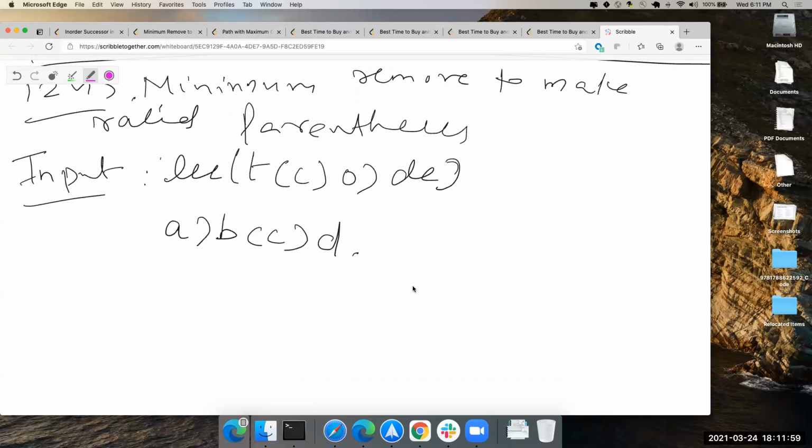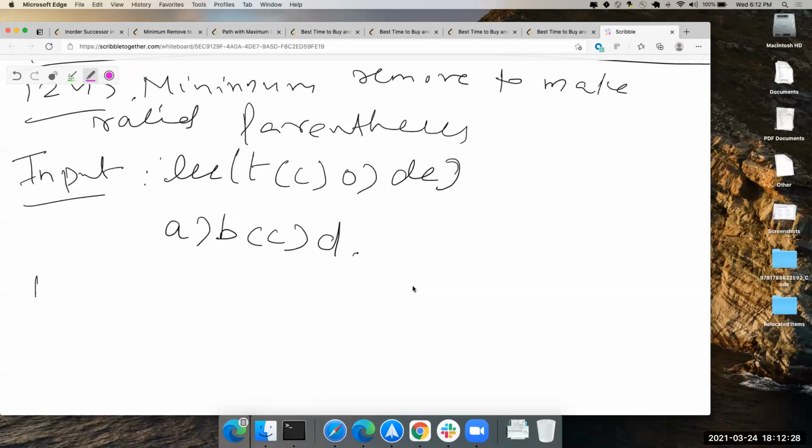I know that for each open bracket, there must be a closed bracket. So every time I see an open bracket, I push onto the stack. Every time I see a closed bracket, I pop the stack. If I get to a point where I pop an empty stack, I have an invalid entry. That's part one.